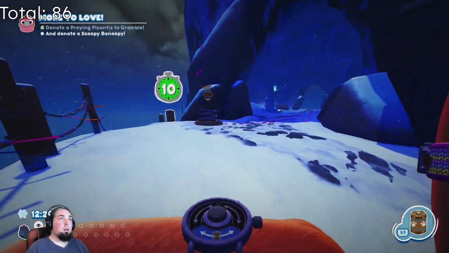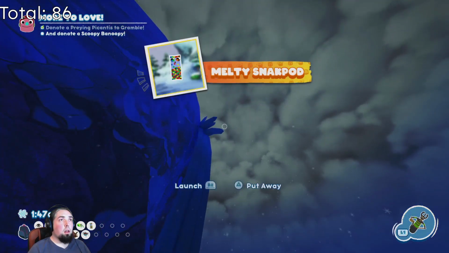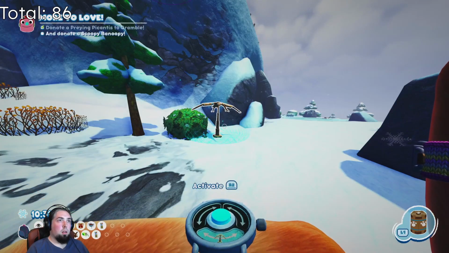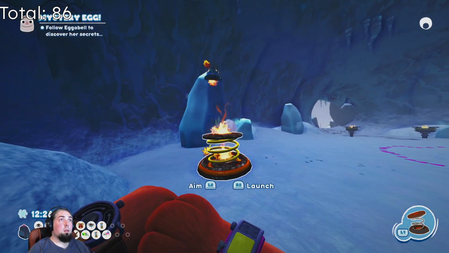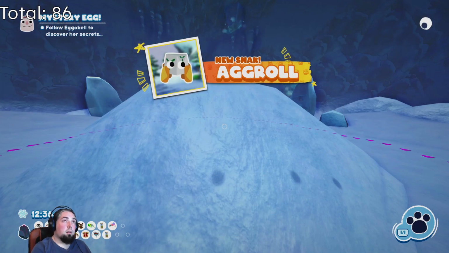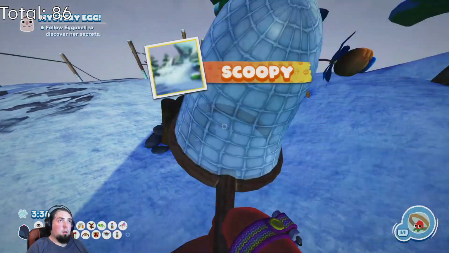We then go on to get a Chippy, a Chili Nilly and a Stoodler by throwing them into each other, a Melty Snack Pod, a Flutter Jam by just sniping it with peanut butter, and an Instabug by making it come out with the camera. We also get a frozen Agarol by throwing a Stoodler at it and then grabbing its box with the hook, and a Scoopy by leading it into fire, bringing us to a total of 97, leaving the whole Scoopy Panoopy,